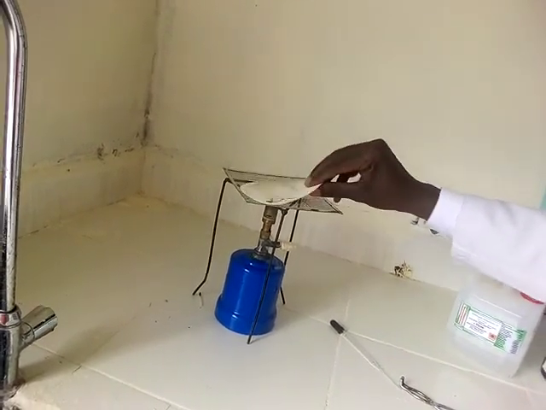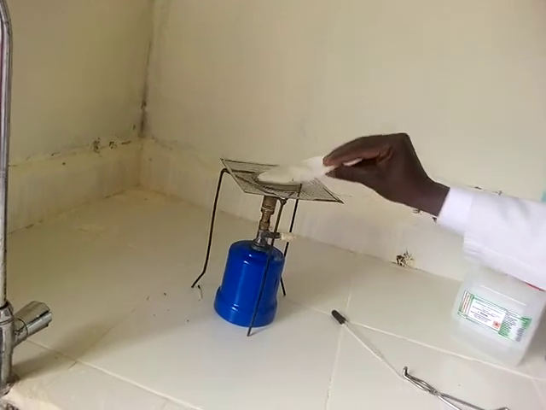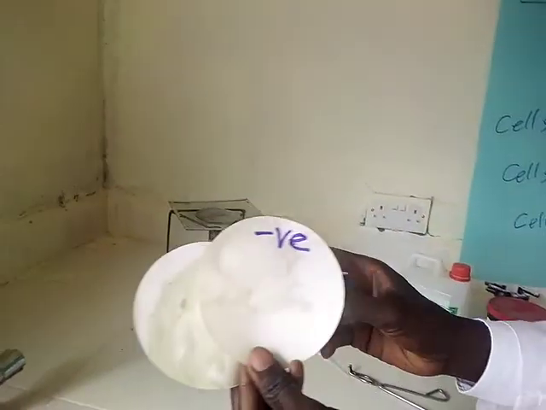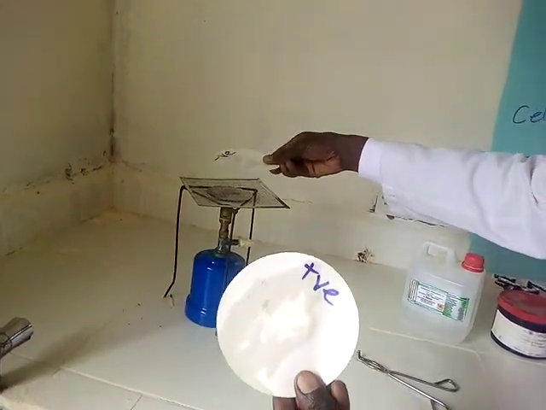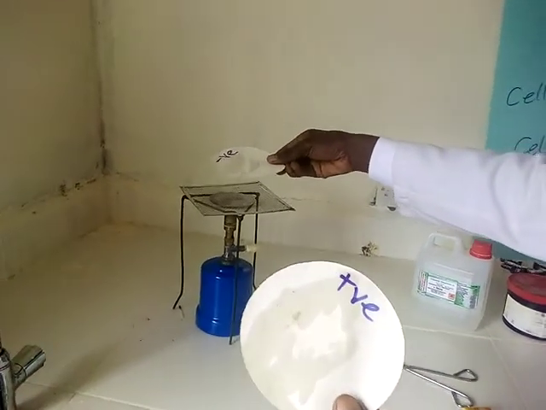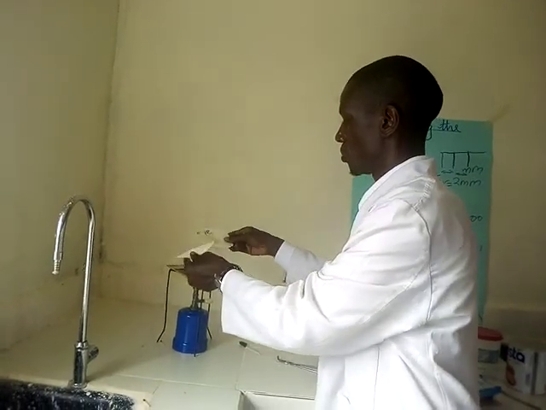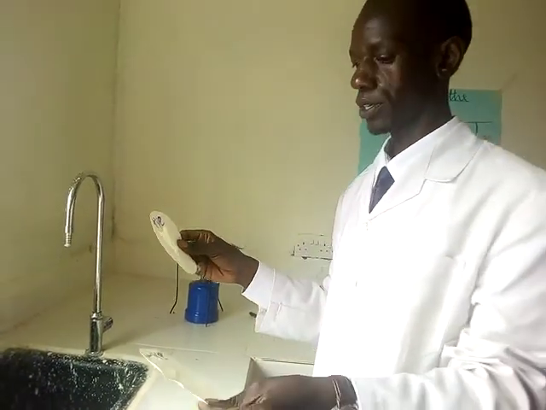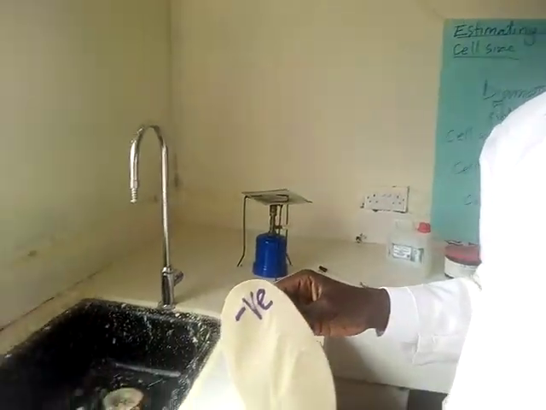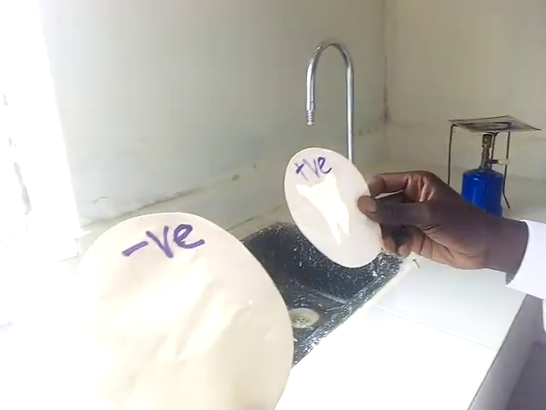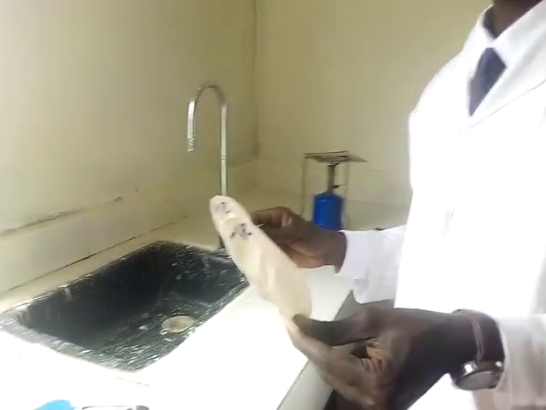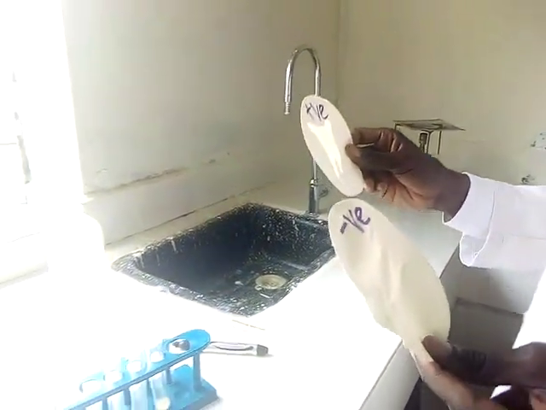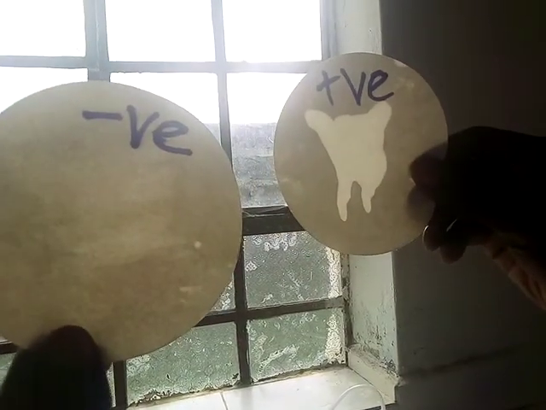You can see what I'm doing. I'm swaying it above the heat without burning. I'm swaying. The positive result, as you can see it, is on my right hand, while the negative is on my left hand. And procedure number 3, look at the filter paper against some light. When you look at it on my right hand side, I hope it's visible for you.